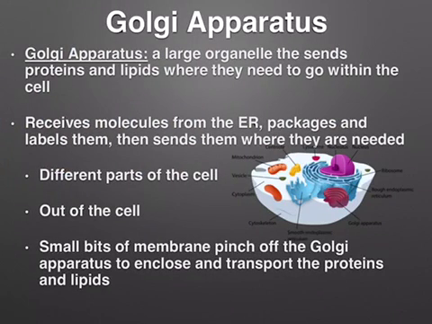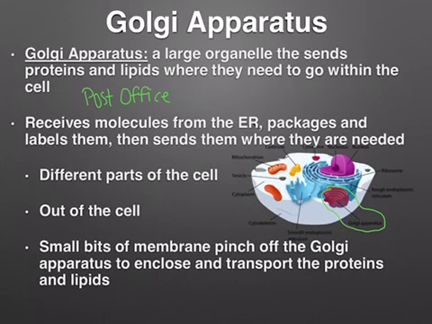Then we have the Golgi apparatus. The Golgi apparatus is here in the pinkish red. And this will always be by the endoplasmic reticulum. The Golgi apparatus is a large organelle that sends proteins and lipids to where they need to go. A lot of times people think of the Golgi apparatus as the post office